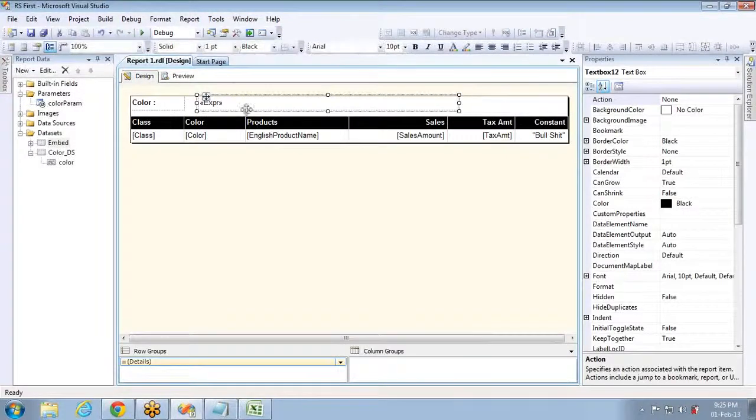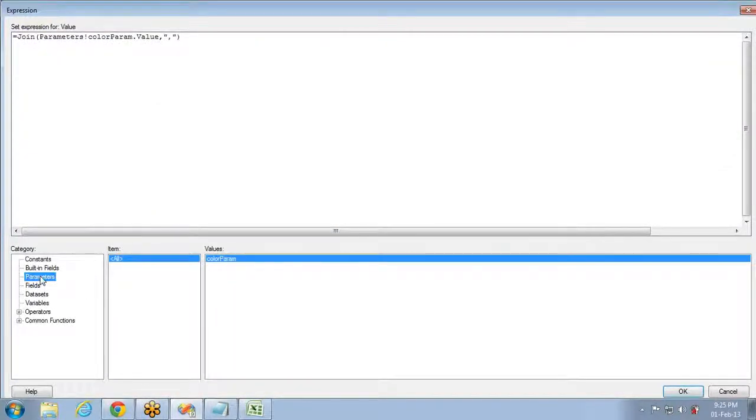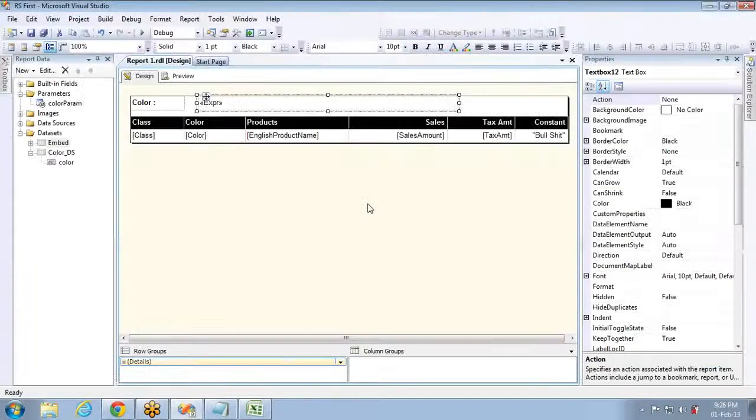So what I'm trying to explain here is, in the expressions page, you can use the parameters category to show the parameters that are selected or to make use of the parameters. Okay, this is the use of the parameters category in the expressions page. So let me format it in a better way. I'll take this expressions text and left align it.